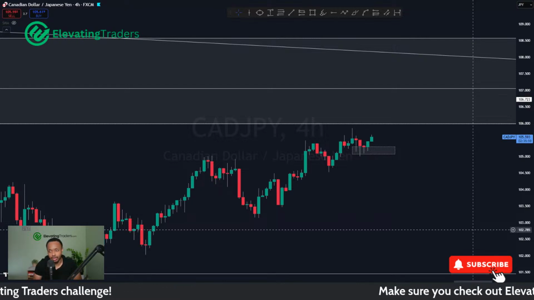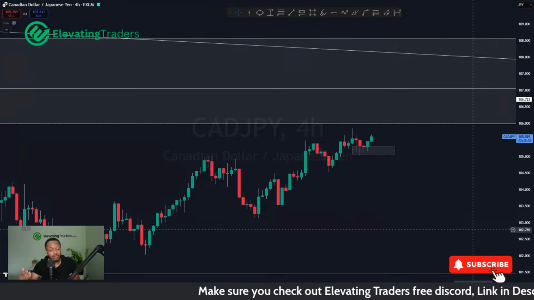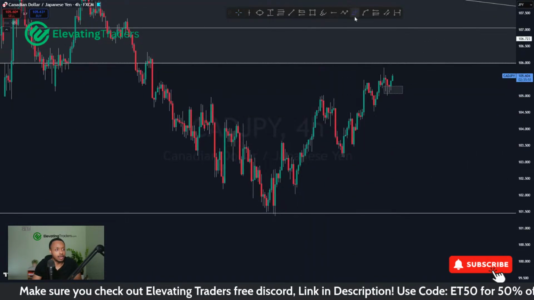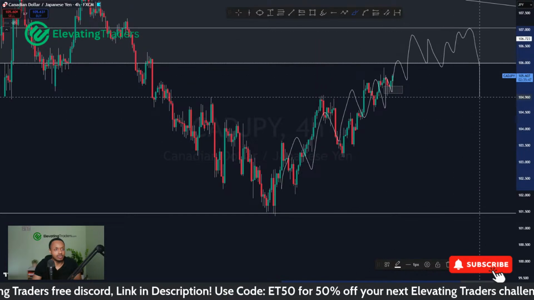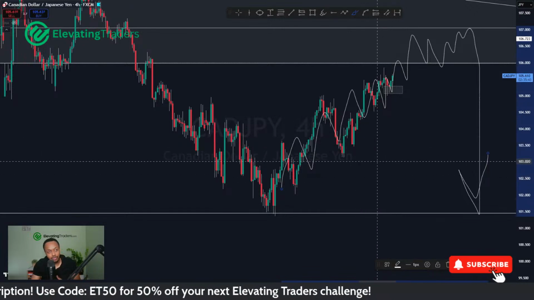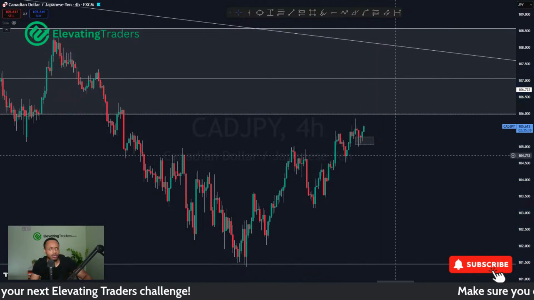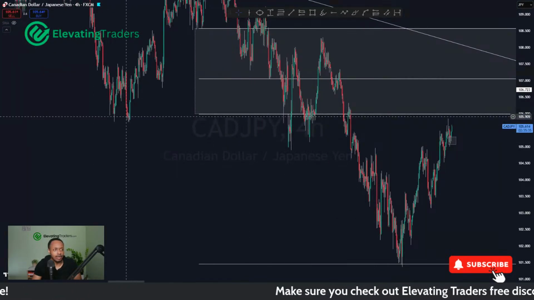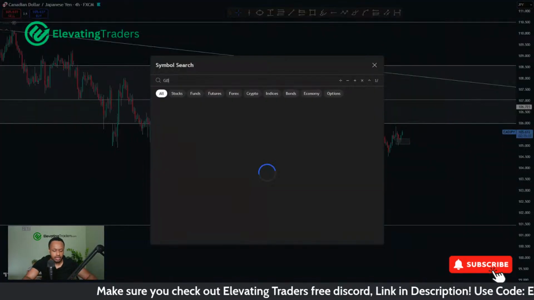So it looks like the yen basket still has a bit of weakness to offer, which means a bit more weakness for yen, which should help out your trade. Altogether, the move to the upside is pretty corrective, so that does give me the impression that we will eventually go through a bit of a sell. I would watch out for that. I wouldn't look for anything too crazy in terms of the buys, but like you said, if you're targeting 106, I think there's a good chance price gets there. It kind of lines up with that low there as well. So yeah, CAD Yen, I do like the buys there.